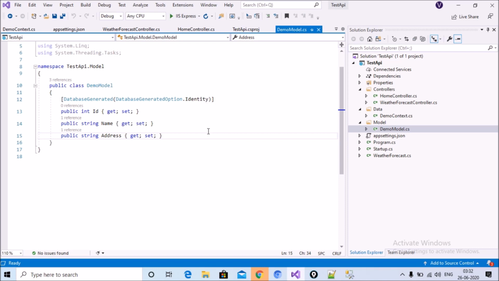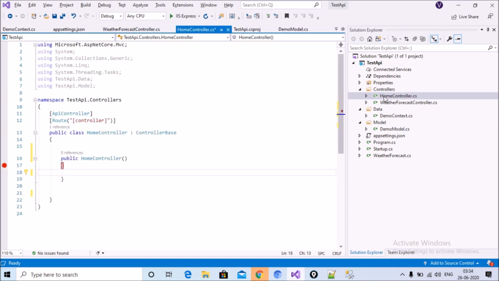Next, I have completed two steps. The first one is to create a project, and the second is to add three different packages in your application. You have seen that already. The third step is to add the model class. You have already added the model class, and after that create a controller. You can see here I have created a controller named HomeController.